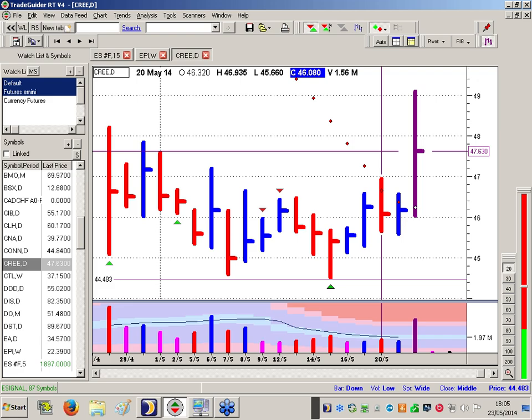Those red down bars, I'm never keen on them. They've got these what we call top tails. In other words, a high is a lot higher than the high of the previous bar. That means it must have gone up there on a shorter time frame on no demand. This looks weak. Strong markets don't normally go up on high volume and close in the middle. I certainly wouldn't be interested in doing anything with this particular stock.